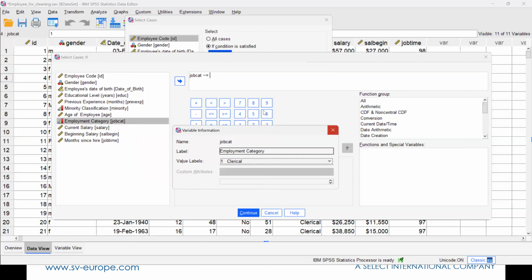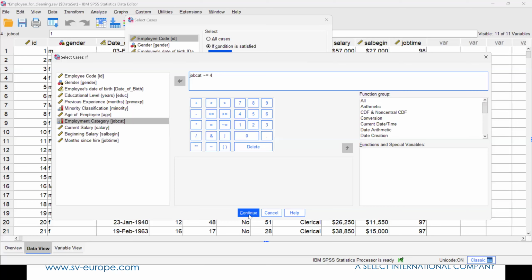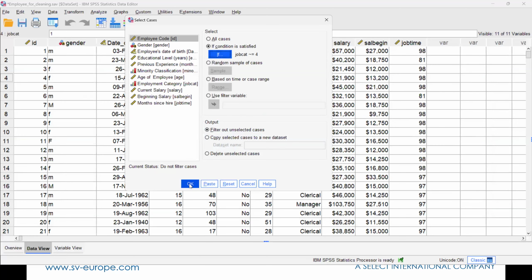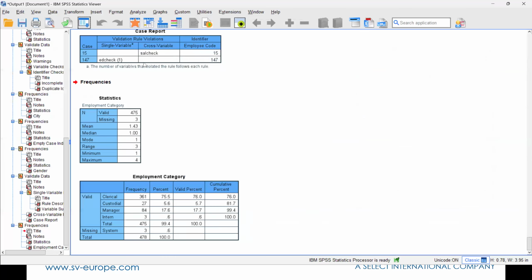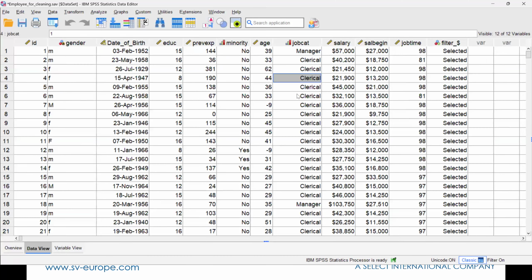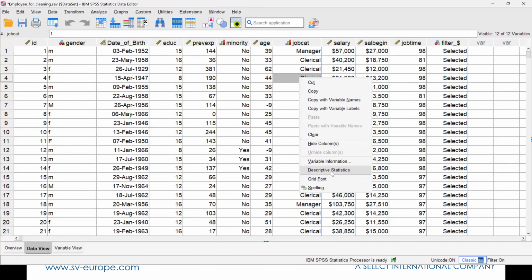It's code number 4. And say, if it's not equal to 4, then keep it. Click continue. That will filter the data in the data set. So the interns will be filtered out. If I then just check it to make sure it's working